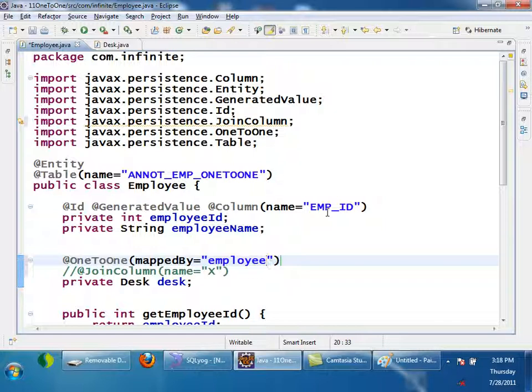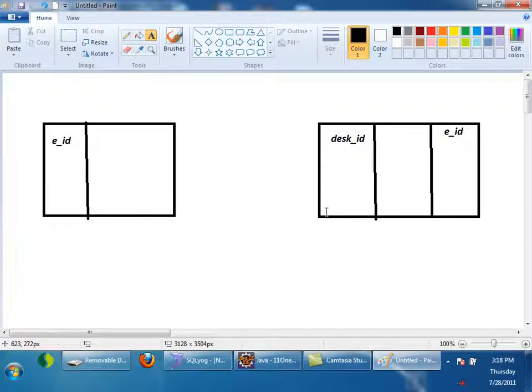Understood, right? When it is one-to-one, tell me, why can't I have desk ID here instead of EID going there? I remove EID. Why can't desk ID come here? Then also it is one-to-one between EID and desk, right? Anything is possible. It's our decision where to keep the foreign key. Now I decided the desk table will have the EID.